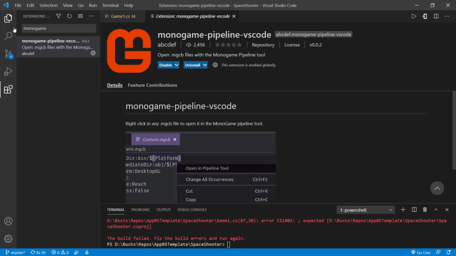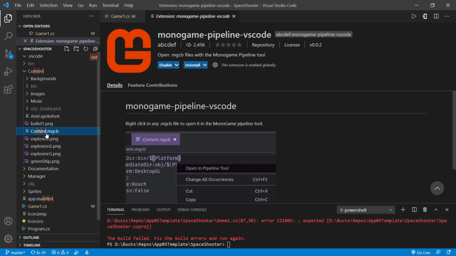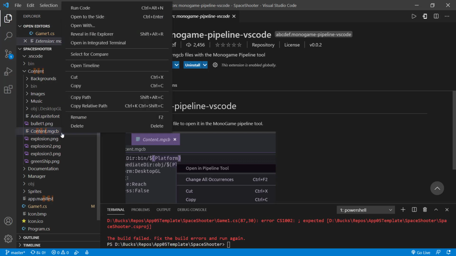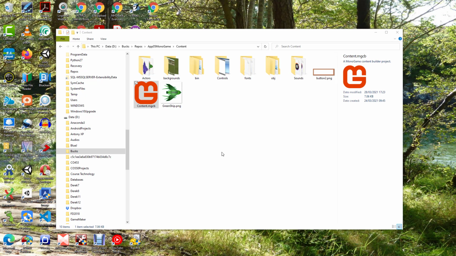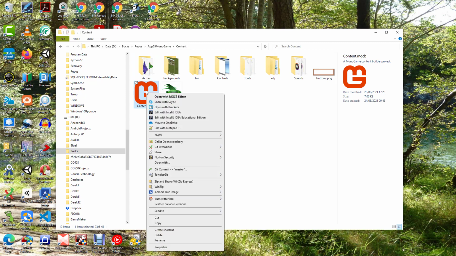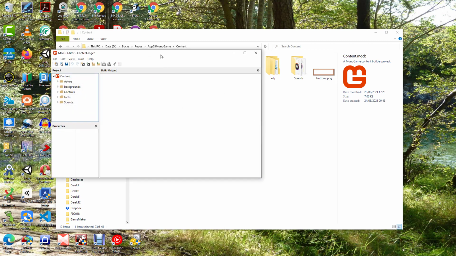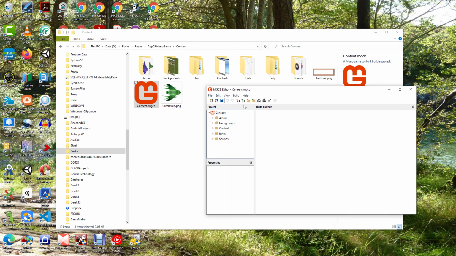So let's have a look at our files again. Right click on here. No, that didn't work. What we have to do is just use the Windows Explorer. I'm looking at the content folder. Here is the content pipeline system. Here's where I right click on that and open with MGCB editor. That brings up the MonoGame content builder, and you can see there's all the actors,